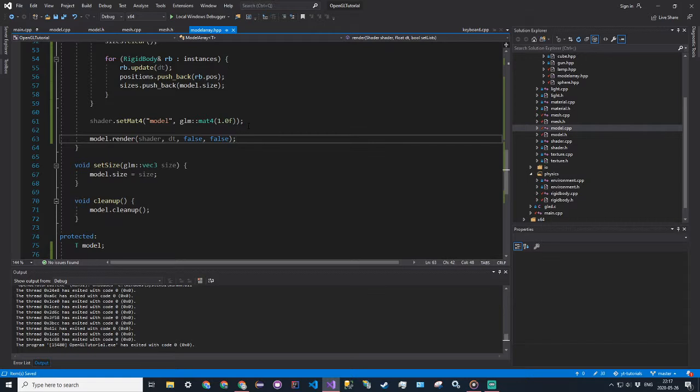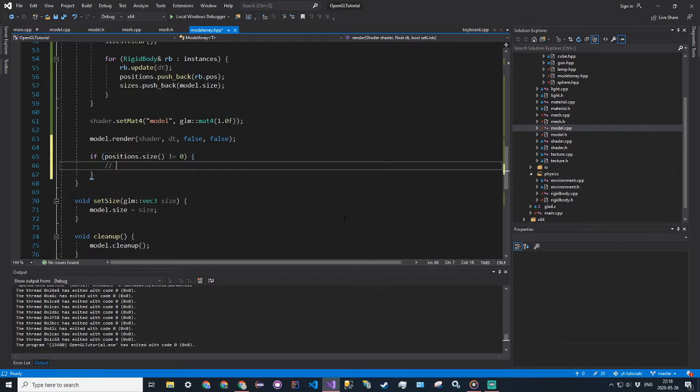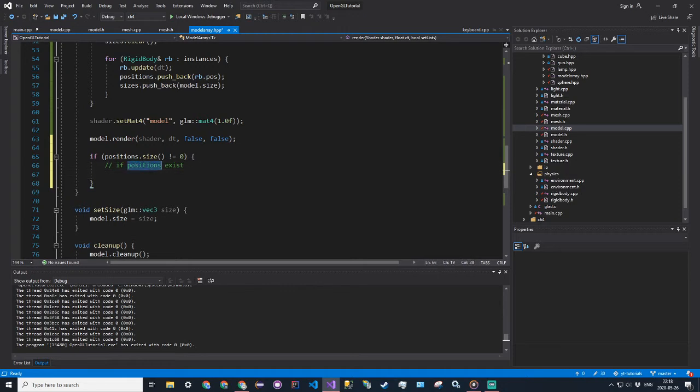All right. Now we're going to get into the meat and potatoes, the good stuff of this new, enlightening method of rendering shapes on the screen. So we're now going to be updating the data in each render. So in model array, we're going to say if positions.size does not equal 0. This means that if there is a position to render, so if instances exist, we're going to say